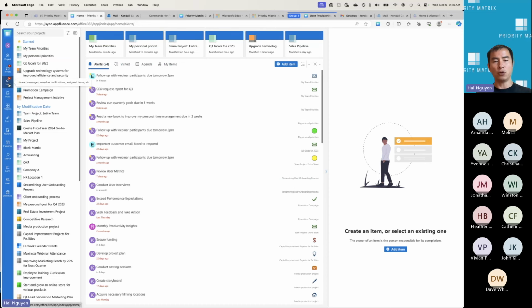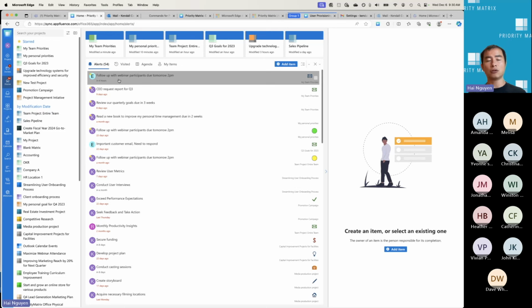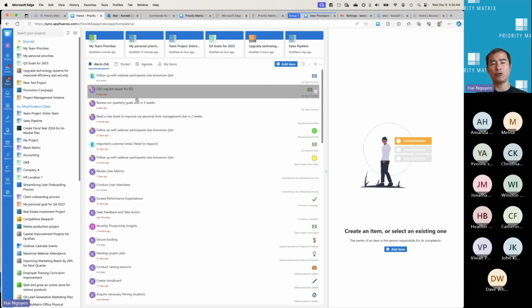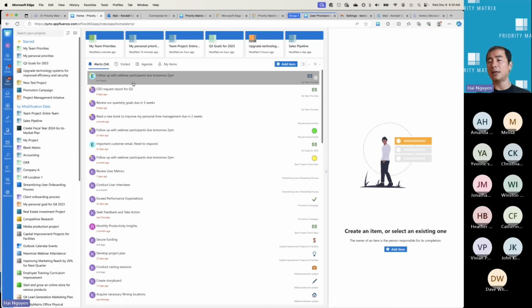So if you go to the home view in Party Matrix, this is called the alerts. The point of the alert system here is to tell you the things that require your attention. If you use Party Matrix, you'll see that the kinds of tasks that show up here are things that have been delegated to you, things that have a due date that's coming up right now, and also things that have reminders. When you have those recurring reminders for specific emails, it'll keep popping up here